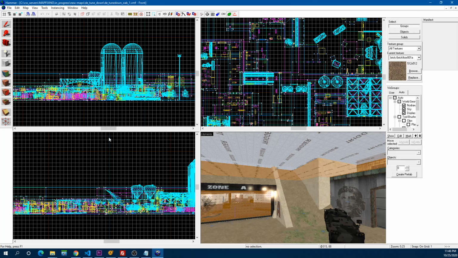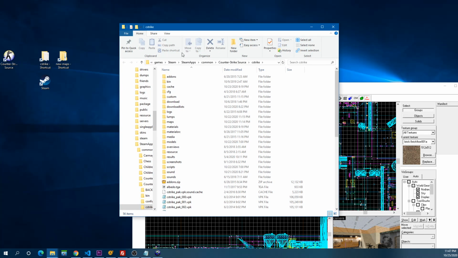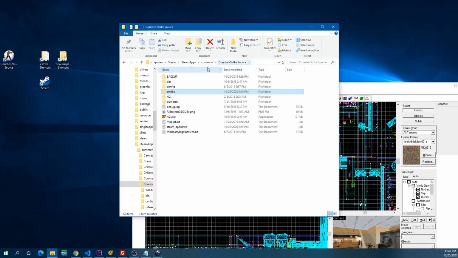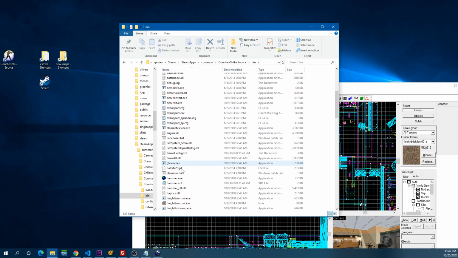And of course Hammer. If you have Counter-Strike Source, you should already have the Hammer software in your bin folder. If you go to your Counter-Strike game installation, in the bin folder you should already have the Hammer software right here. If you don't have it, then it's easy to install.